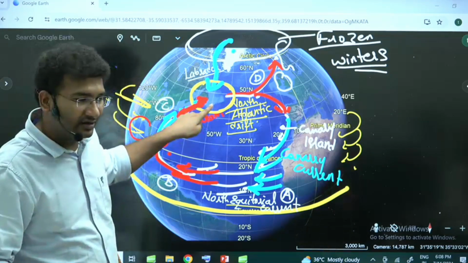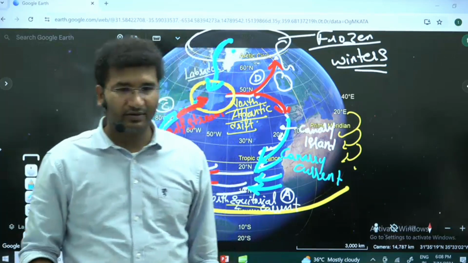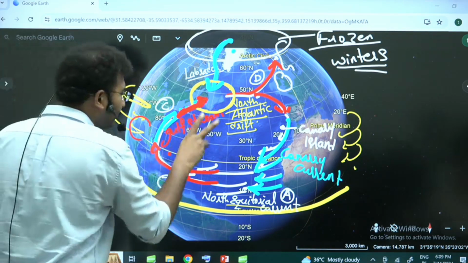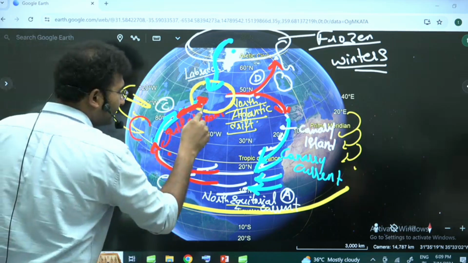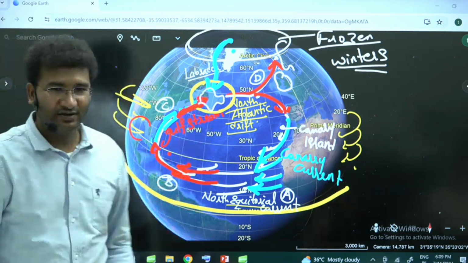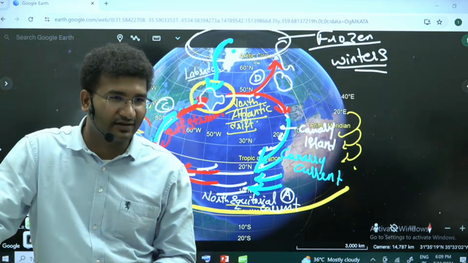Have you seen the Grand Bank? Not found? Take it: the Grand Bank. Anyone got it? Now this Grand Bank is nothing but, it is visible here, a small area. Look here, this continental shelf. This is called the Grand Banks. It means the continental shelf is wider here, right?